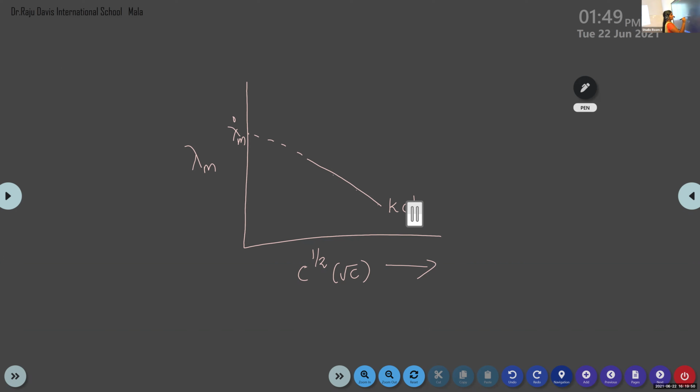Then in the case of a weak electrolyte, the graph becomes like this. On decreasing the concentration, it will increase steeply, but the extrapolation of the graph is not possible. Here you can write CH3COOH, acetic acid, as an example. And here its unit is mole per liter, and here it is Siemens meter square mole inverse.